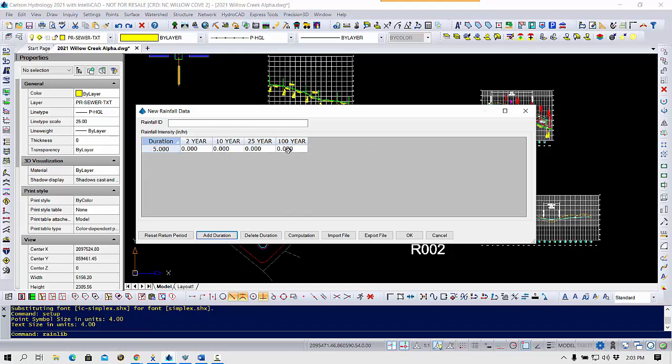This method allows you to just enter the rainfall intensities of various durations for any of the 1, 2, 5, 10, 25-year storms, return periods, and compute the IDF curves. So you type in this information, you give it a name. We'll call it INT for intensity. You're able to come in here and just type in these values manually,